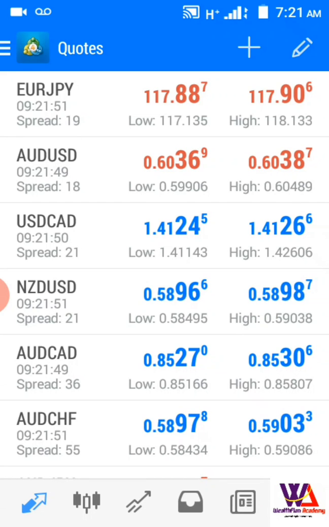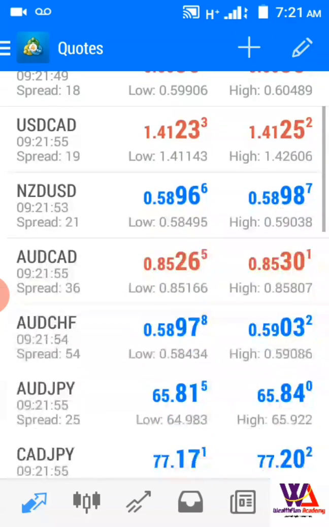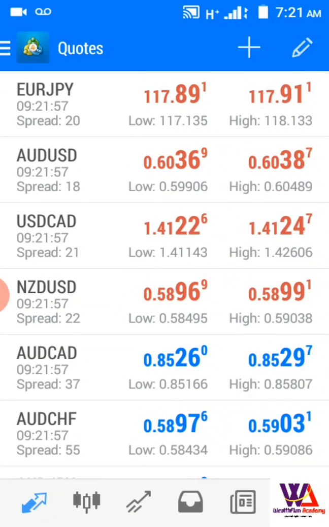Today we'll be talking about an introduction to your MetaTrader 4 interface, or your MT4 interface. If you have just installed this awesome application known as MetaTrader 4, or you are new to forex trading and you want to learn how to use your smartphone with MetaTrader 4 to trade forex, then this tutorial is